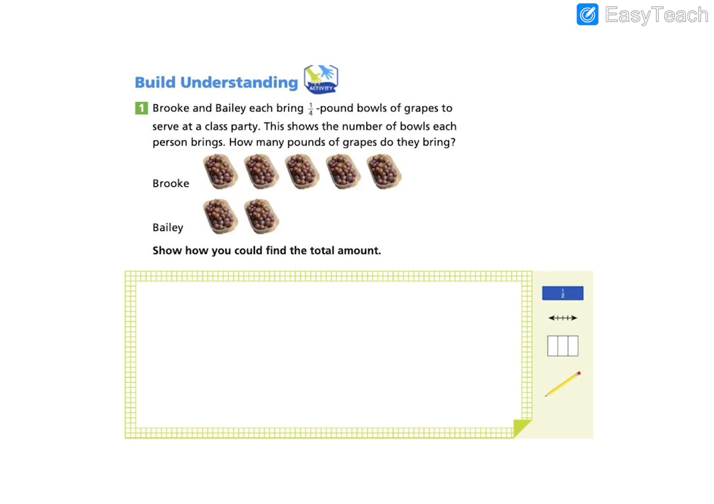Let's take a look at our problem. Number 1. Brooke and Bailey each bring 1/4 pound bowls of grapes to serve at a class party. This shows the number of bowls each person brings. How many pounds of grapes do they bring? So here's Brooke and here's Bailey. We're going to show how we can find the total amount. First, we need to find the amount that each one of them brings. If each of these is worth 1/4,